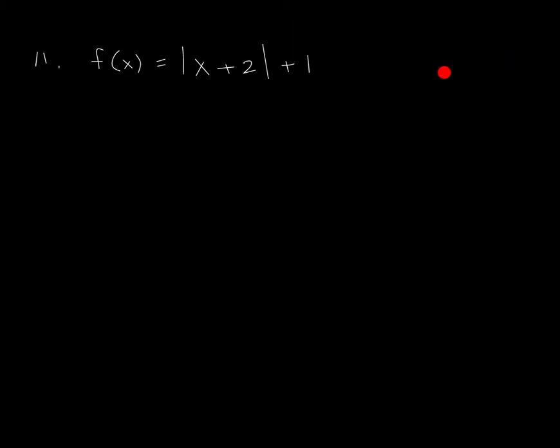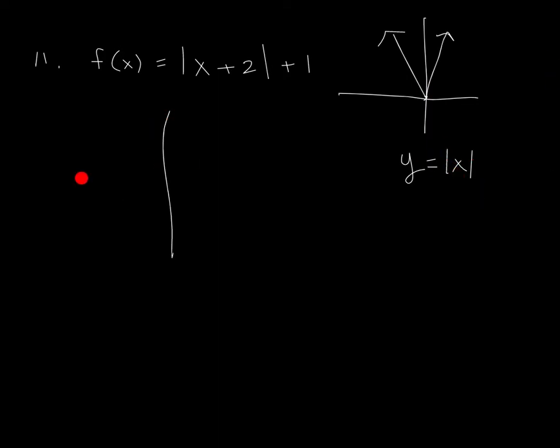If you know what an absolute value function looks like, it's going to look like a V, right? And if it was just y equals the absolute value of x, it would be at 0 on the x-axis, right on the origin. That's what it would look like. But we have a plus 1. Whoops, I thought I was drawing a line, and I drew a freehand line. Okay, so